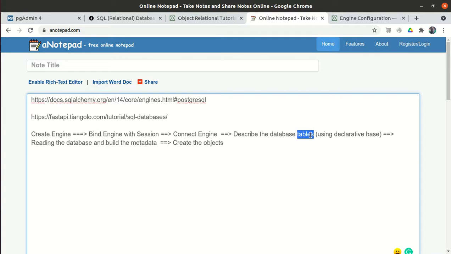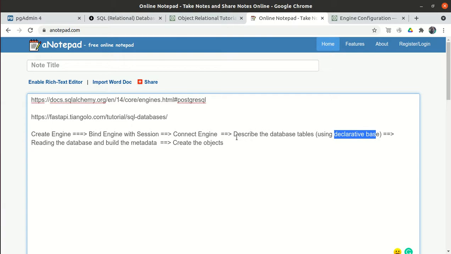We will create one base class using the declarative base, and connect it with our engine, so that this base class knows which database I am dealing with.